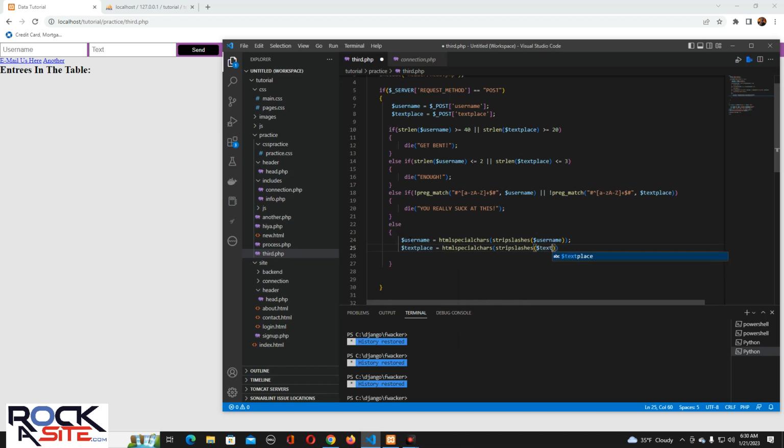You can just do that. You can just keep embedding them into other functions we've used before,